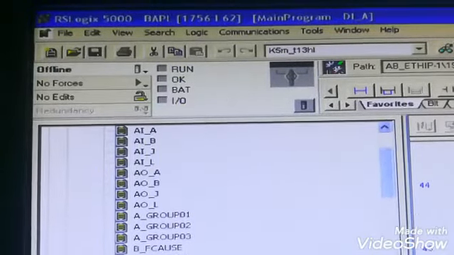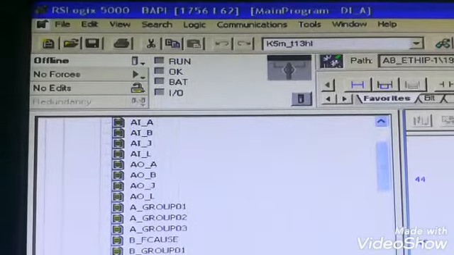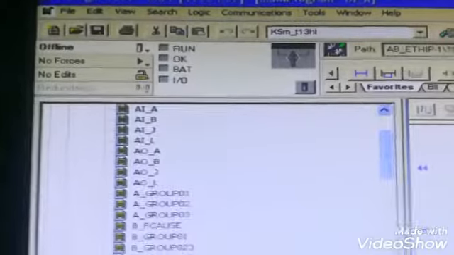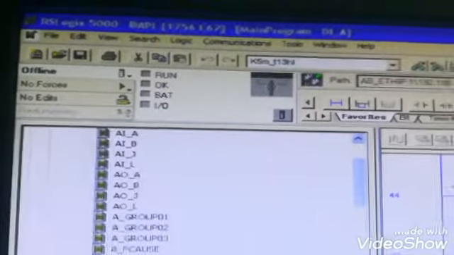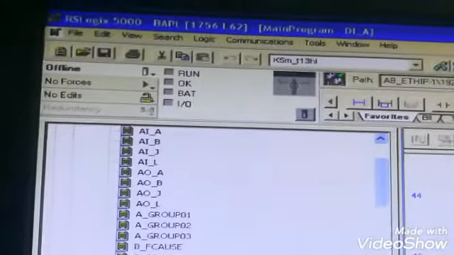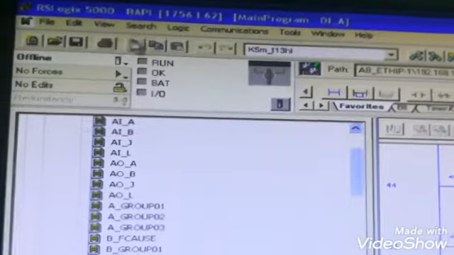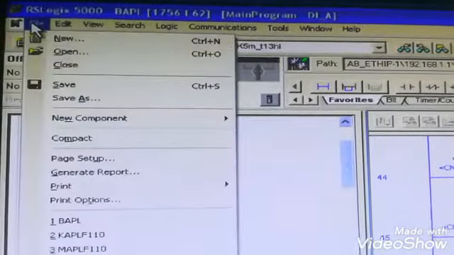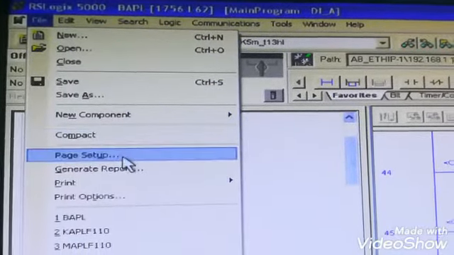This is RSLogix 5000 of Allen-Bradley, and here you can see its software. I have opened it. In this video we will see how the digital inputs are used in the ladder logic and how they look, and how the inputs